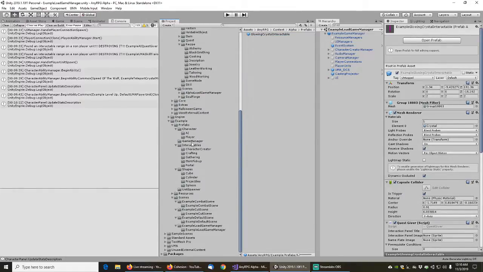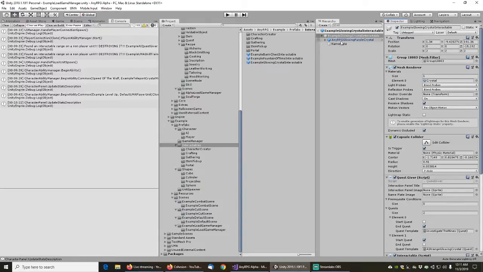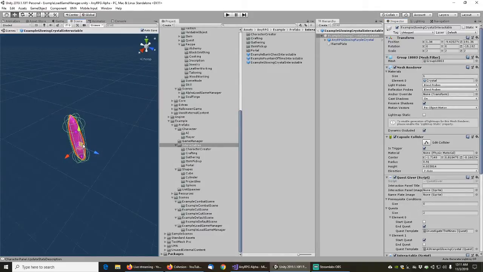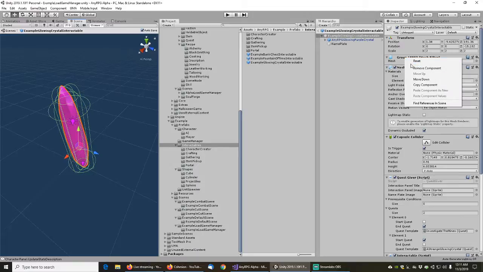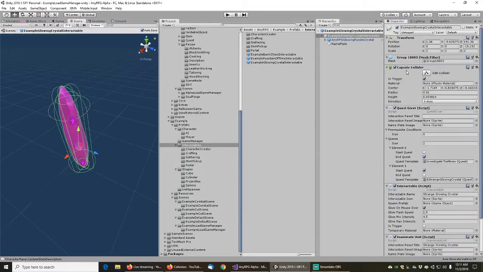And we don't have a quest givers, so that's fine. We can just leave it down here. It's not like there's a bunch of quest givers we have to group together anyway. And let's see, let's just open this up here for a second. Look at it in the scene. Basically, we want to get rid of this thing right here. So I think if we just remove the mesh renderer,